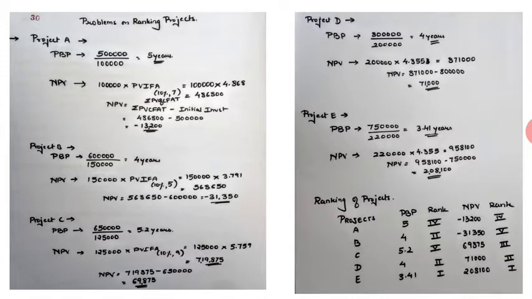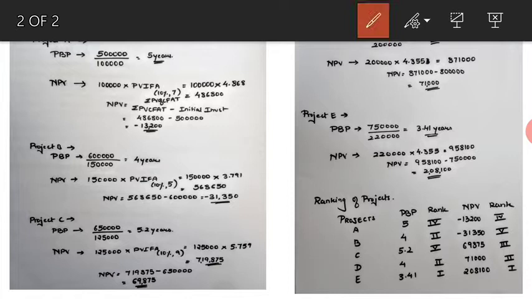So for the first project initial investment is 5 lakh divided by the cash flows every year is 1 lakh. So 5 lakh divided by 1 lakh gives you 5 years. So the payback period for the first project, that is project A, is 5 years. Whereas if you consider NPV, the annual cash flows are 1 lakh. First we have to find out the present values of the cash inflows. So to find out the present value, we need to have the present value factor. Now which factor do we use is a big question.